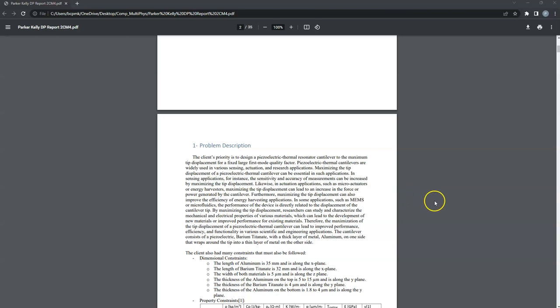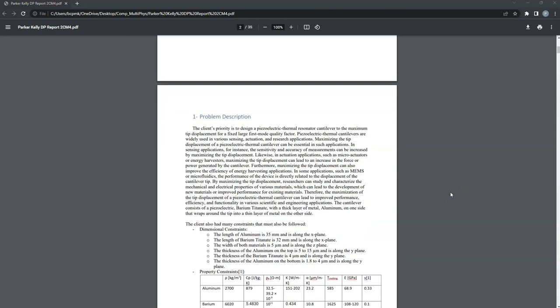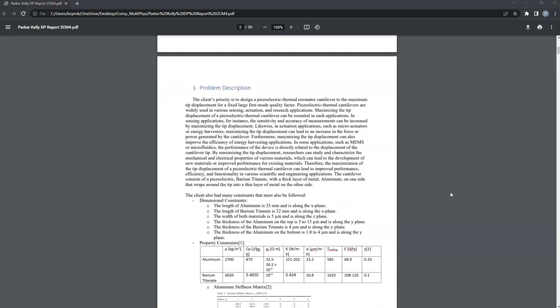For our problem description, we were tasked with designing a piezo thermal resonator cantilever to maximize tip displacement for a fixed large first mode quality factor. The materials we decided to use for our cantilever were barium titanate for our piezoelectric, and then aluminum for